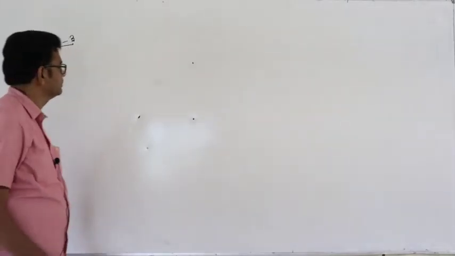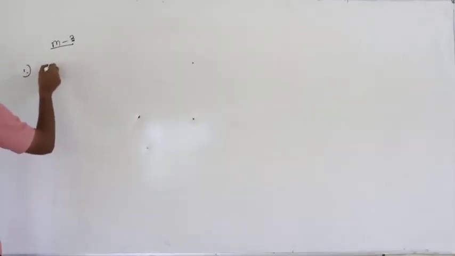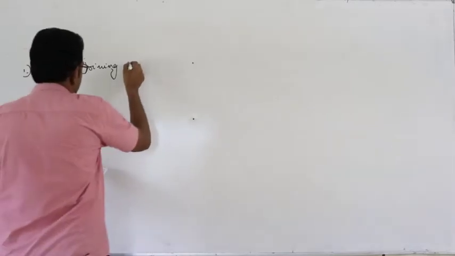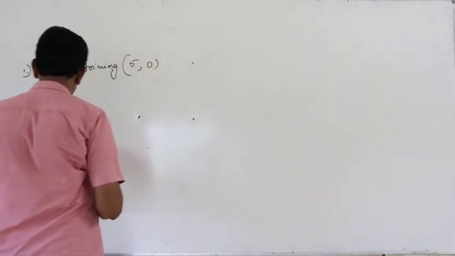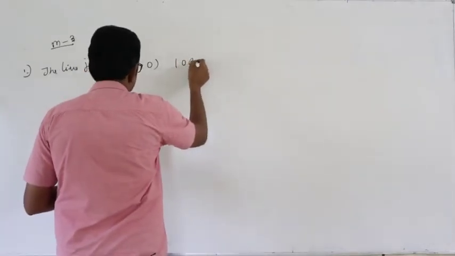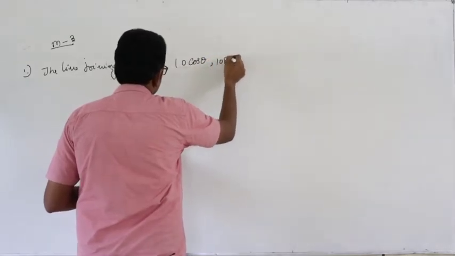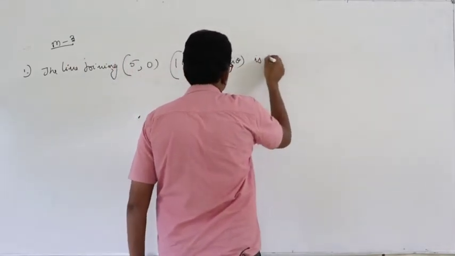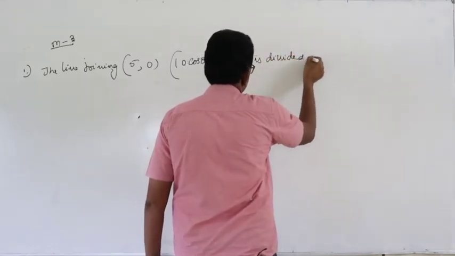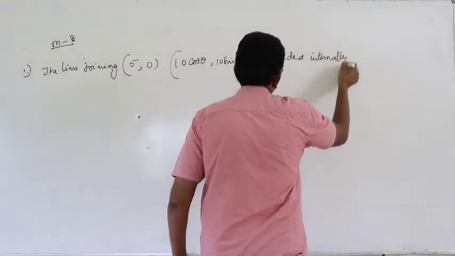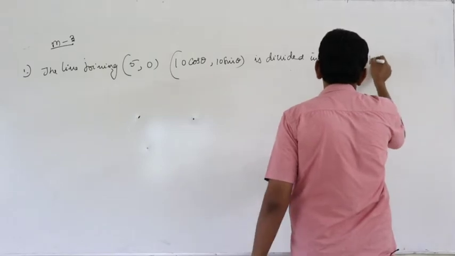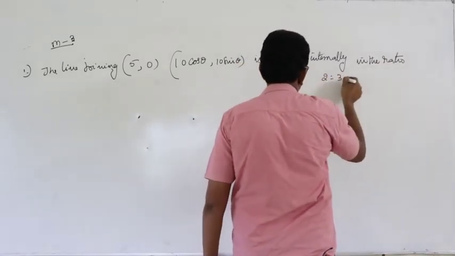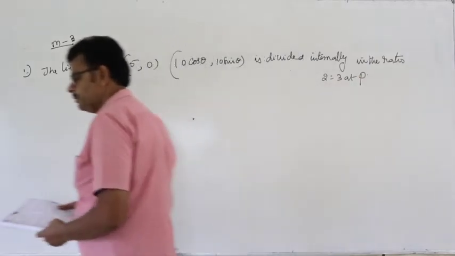The line joining the point 5, 0 and 10 cos theta, 10 sin theta is divided internally in the ratio 2:3 at the point P. Then the locus of P is